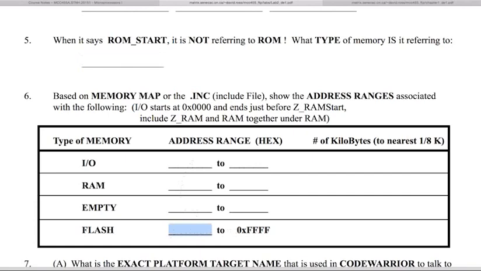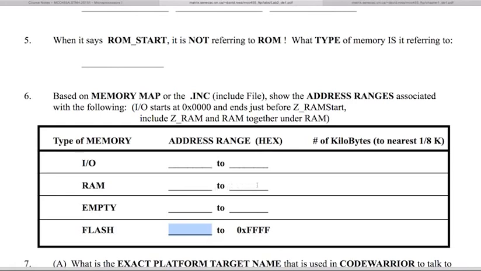Even though it showed that it sort of stopped a little before it got here, that's still flash memory, but the extra flash memory that goes up to FFF is basically for other purposes other than our own. So we only have access to a certain amount, but flash actually goes from C000 to FFFF. RAM goes from 0x80 to